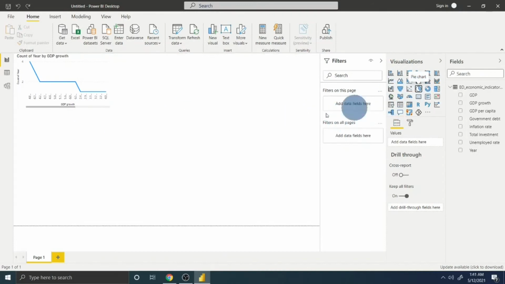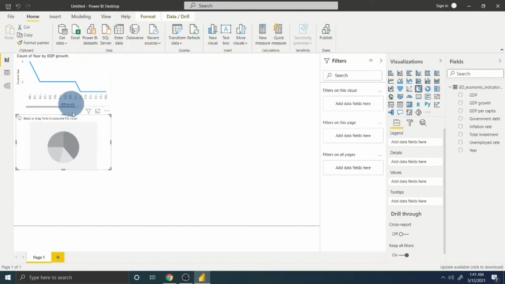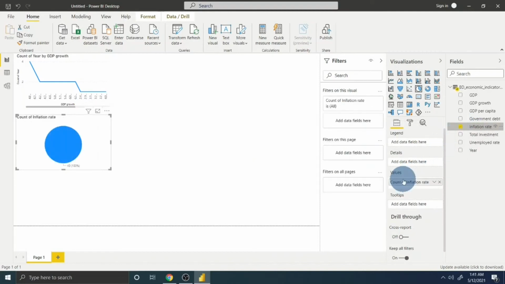So we just have to drag and drop the pie chart, and the pie chart will appear right next to the line diagram. So you now have a pie chart, and once you have it, let's assume that we'd like to make an inflation rate chart. In this case we press the inflation rate into our values, and we would like to see the inflation rate over the year.